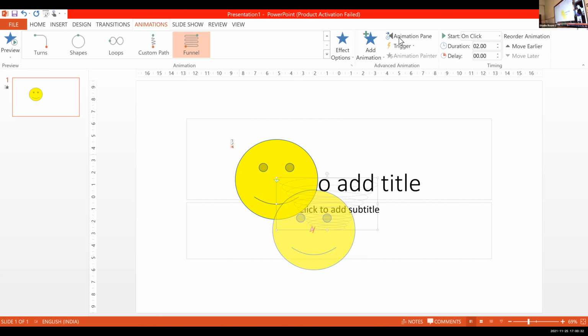Now we are going to learn how we can order. Listen to me. Here you have to click this option. On the right side, you can see the order. First, I will show you the order. See, I have selected three effects, isn't it? Which is the first effect? This is my first effect. This is my second effect. This is my third effect.